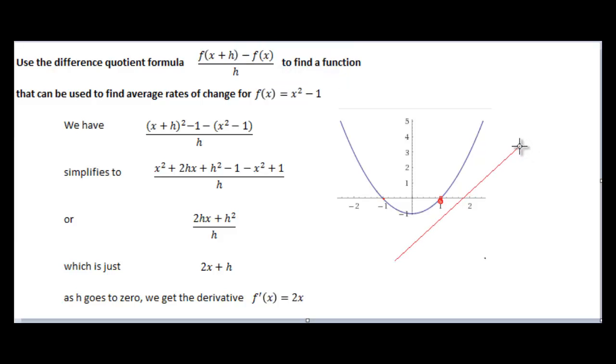A tangent line is a line that just goes in the direction that the graph is going at that one instant, and it touches it at that point we've chosen. The slope of that line is the derivative. We denote the derivative by f prime. If we start with f, then the derivative is f prime. And we get a formula then that no longer has an h in it because the width of the interval